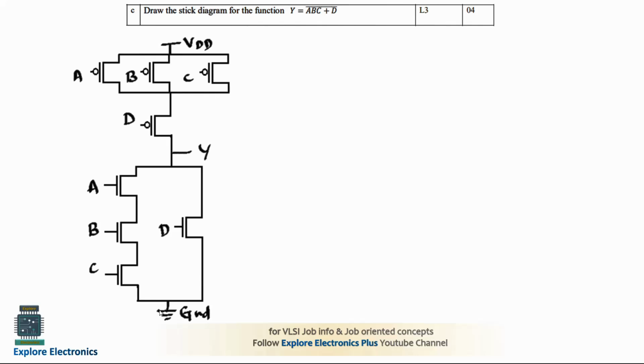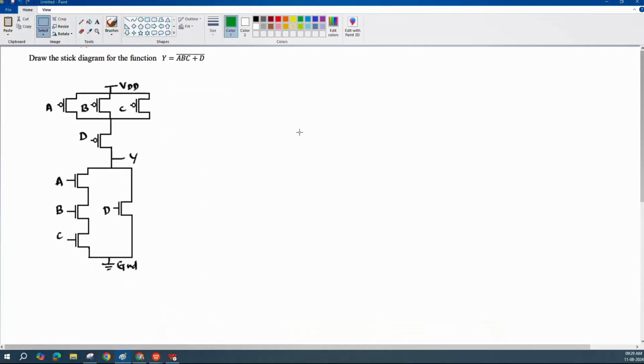For this let us write the stick diagram. To write the stick diagram for this, first we need to take VDD as a metal and also we need to take ground. First write these 2 lines as VDD and ground. After writing VDD and ground, we need to write these 4 transistors and these 4 transistors. So for that let me take this red color indication